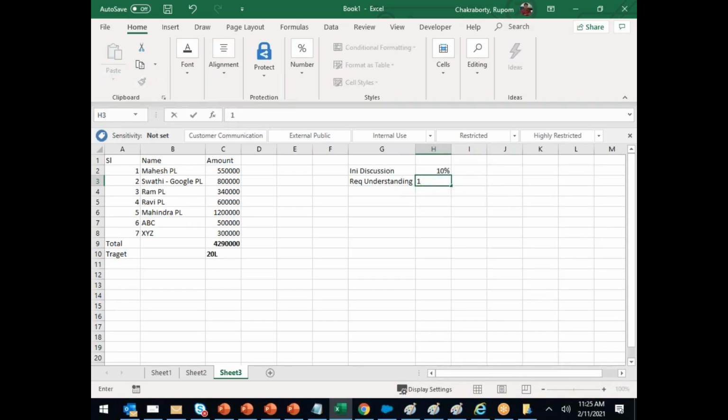Next, I will try to understand his requirement. Why do you need 10, 12 lakhs? He will say, I want to go for a foreign tour with my girlfriend. Married? Not married. Okay, very good. Fine. So he wants to go on a foreign tour with his girlfriend. I will say, with your fiancée? He said, yeah, probably. Oh man, in that case, I don't think 12 lakh will be sufficient.